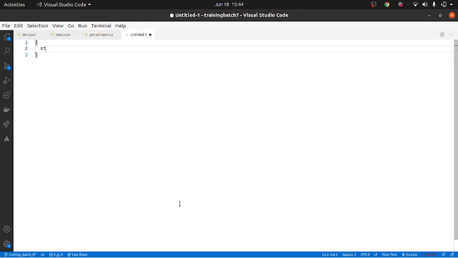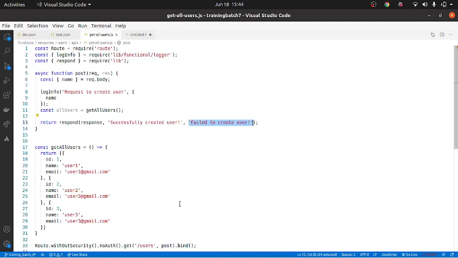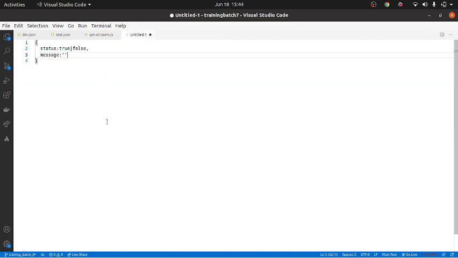It will have status, which will be true or false, meaning whether it was successfully executed or not. You will have something called message, which will be any message that we want to send. Over here, successfully fetched all users. This is the message, and if it is a failure, it will be the other message.